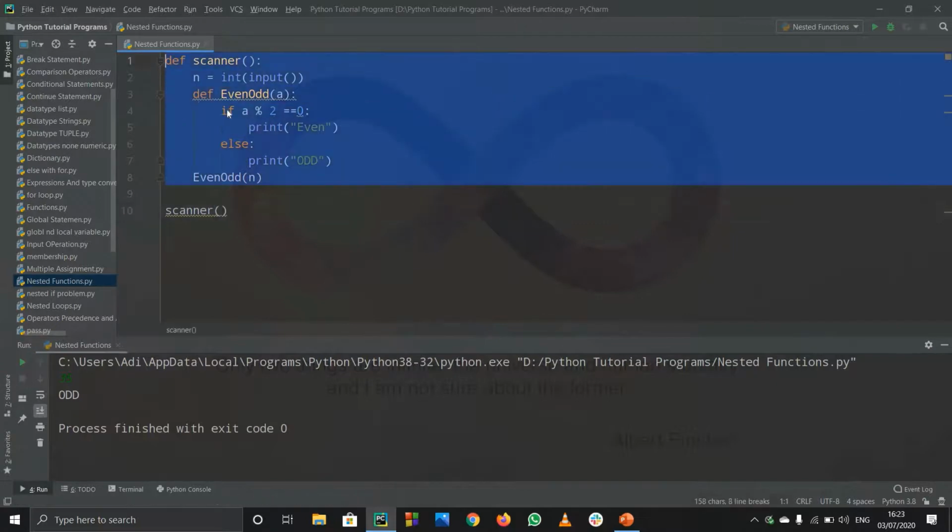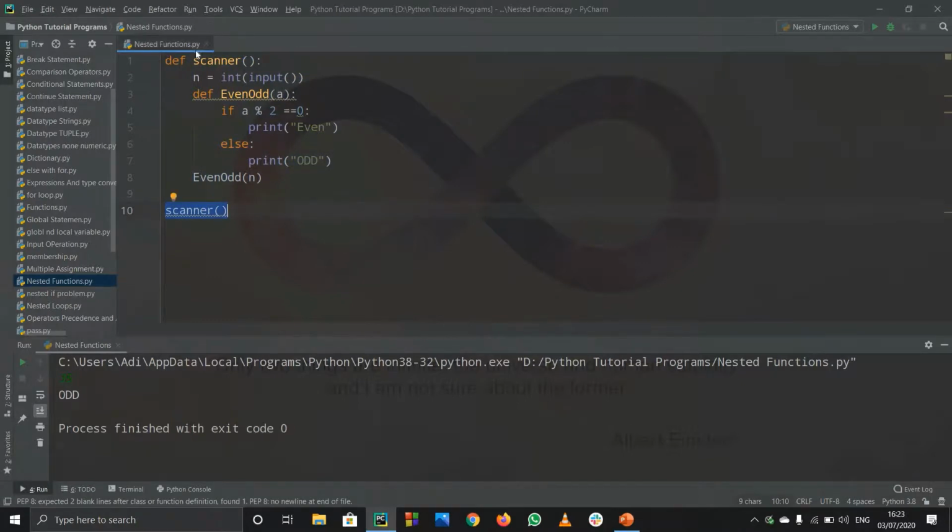This function is obviously not seen the first time. First of all, the Python controller will go to the scanner, it will search for this function, then it will see, yes, this is the scanner function. Then inside it will take n as the input, that I enter, 34, 35, whatever, and afterwards it will see this function. Actually, afterwards it will not see this whole function first.